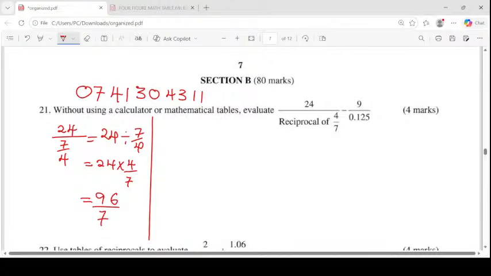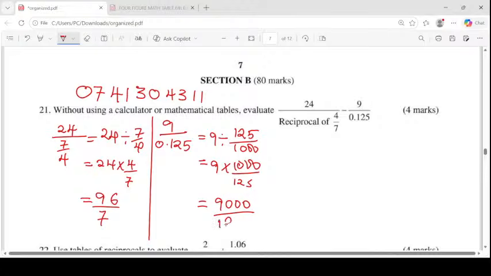Then we have this other part where we have 9 all over 0.125. So this is just like saying 9 divided by 0.125. It's like saying 125 all over 1,000. And if that is the case, this will become 9 times 1,000 over 125. And this will become 9,000